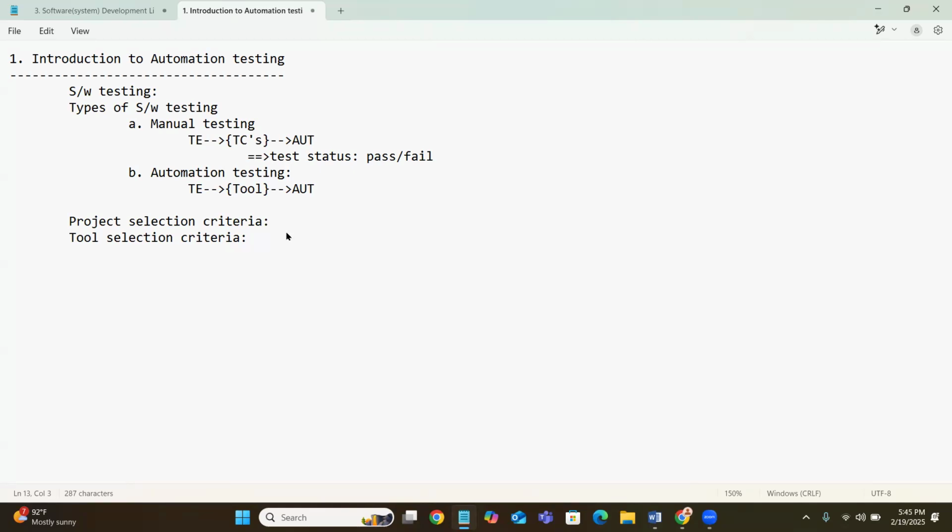Then compatibility of the tool. Whether different browsers and OS are supported or not. Also they have to see it is